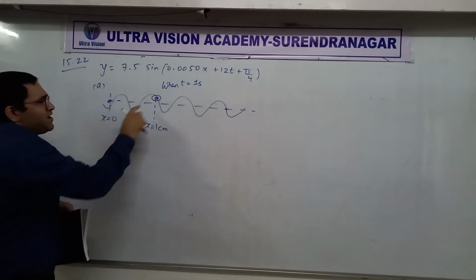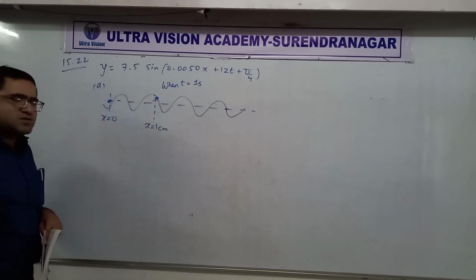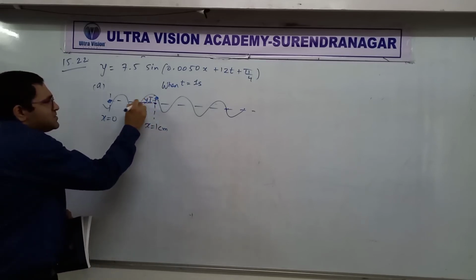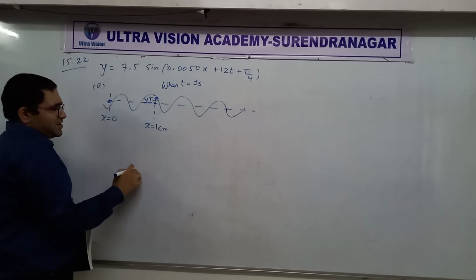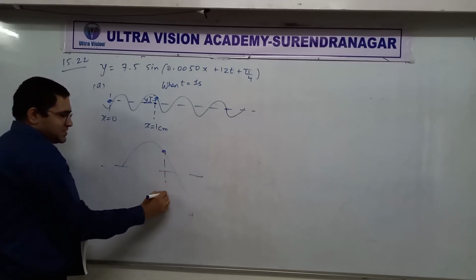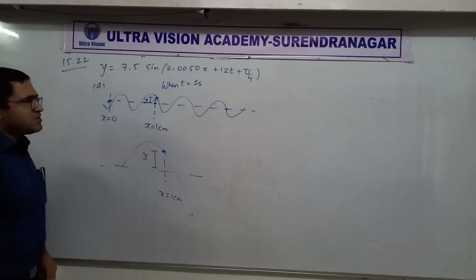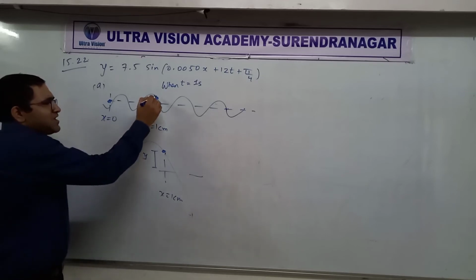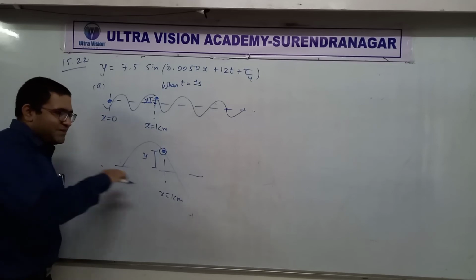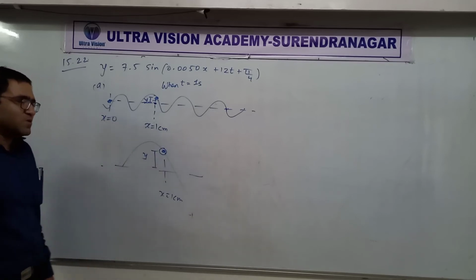We have to find out what is the displacement of this particle. From where? Of course, from mean position. If I draw a little bit larger, it's something like this, that here is mean position, here is that particle which is at x equal to 1 centimeter, and we have to find its displacement from mean position. Can you tell me what is this particle doing? How is it moving? Is it moving left or right? Is it moving up and down? And what kind of motion is it doing? What would you call its motion?